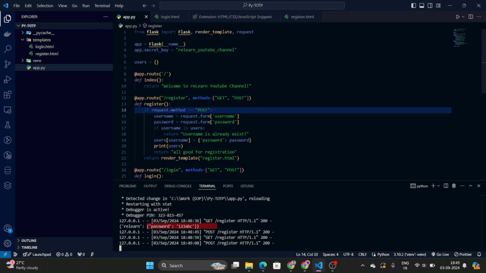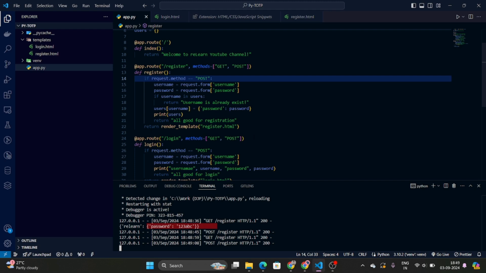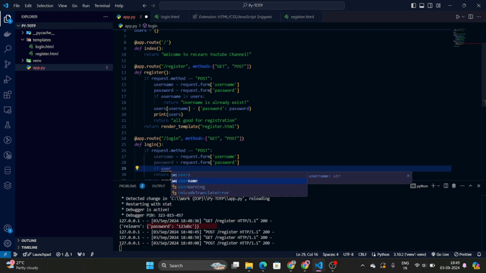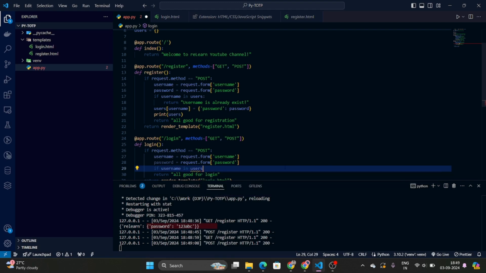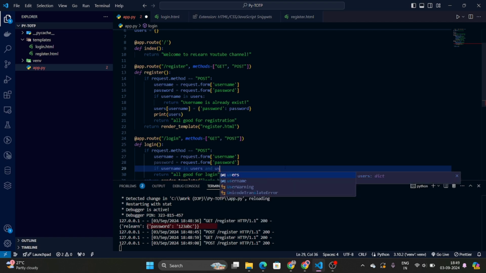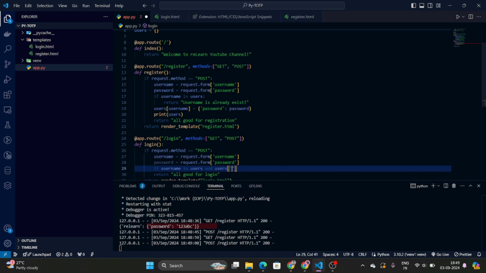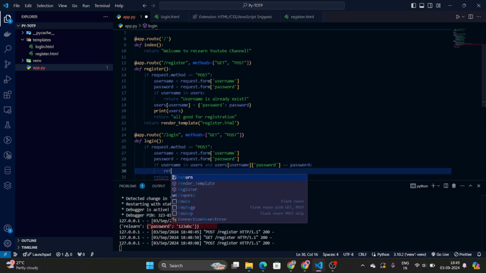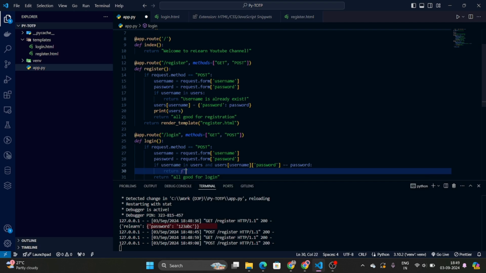Okay, so now we will write a function which will allow us to log in if the username is valid. Let's do the same here. If username in users and users of username password equal to password, return. Here we will use the f string to show the username logged in